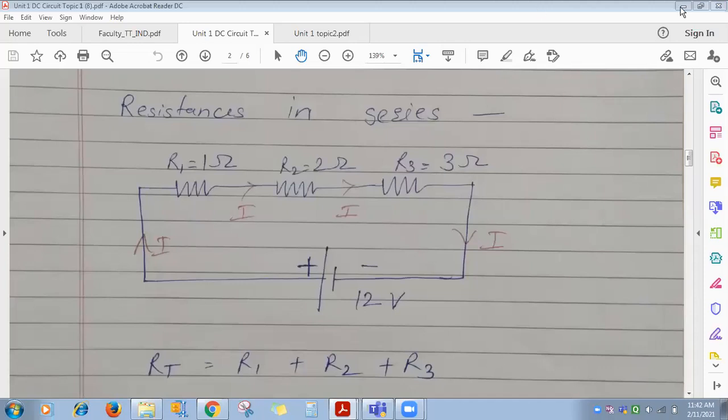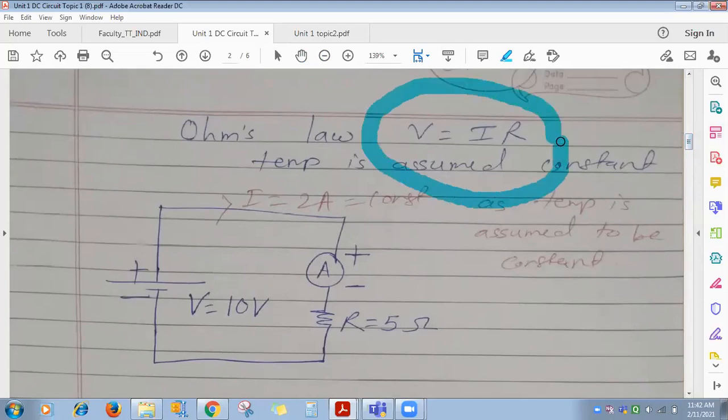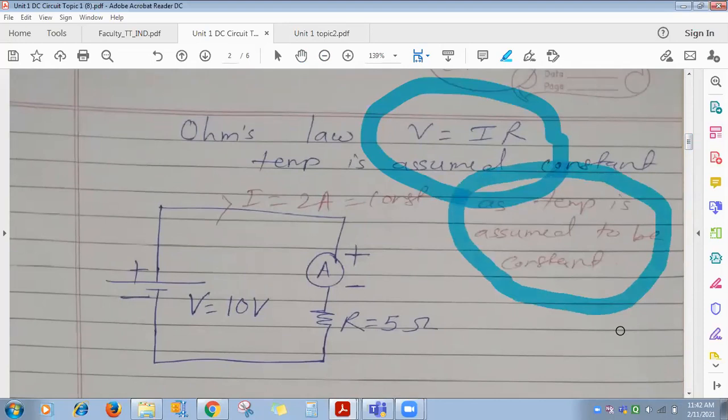Okay. So in the circuit on screen you can also find that the current starts from the positive terminal of the battery and moves toward the negative terminal of the battery. It means you have to first mark the conventional direction of current flow in a given electric circuit. Got it? Okay. Again, Ohm's law we have seen: V is equal to IR. Whenever you apply Ohm's law, V is equal to IR, what do we assume? The effect of temperature, that is, temperature we assume as constant. Okay, up to this we have seen in the previous lecture.